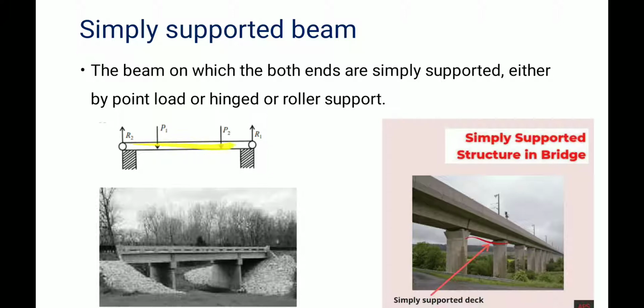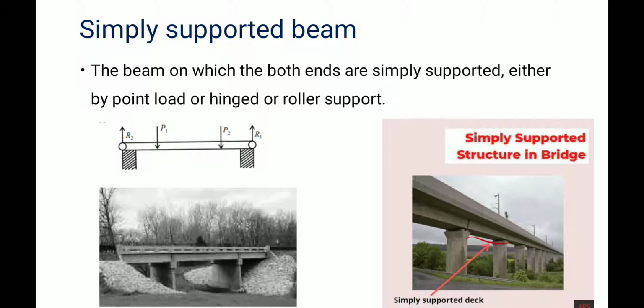See, a beam which is placed on two supports at the end. It is supported at both ends. Simply supported. So this is a beam. So bridges. Bridge is an example for simply supported beam. Here between the supports, between the pillars, the beam will be placed over it. There is no fixing. It is placed over the supports.